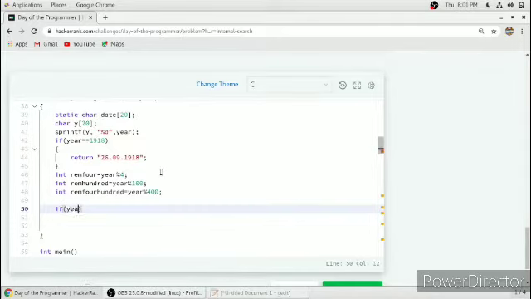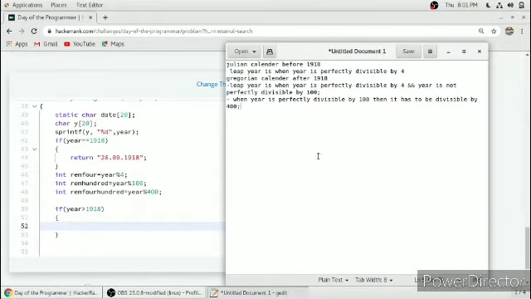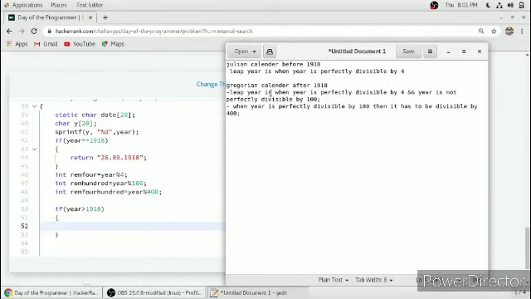So if the year is greater than 1918, at this time the calendar system is Gregorian, so in that case we have to apply these two logics.